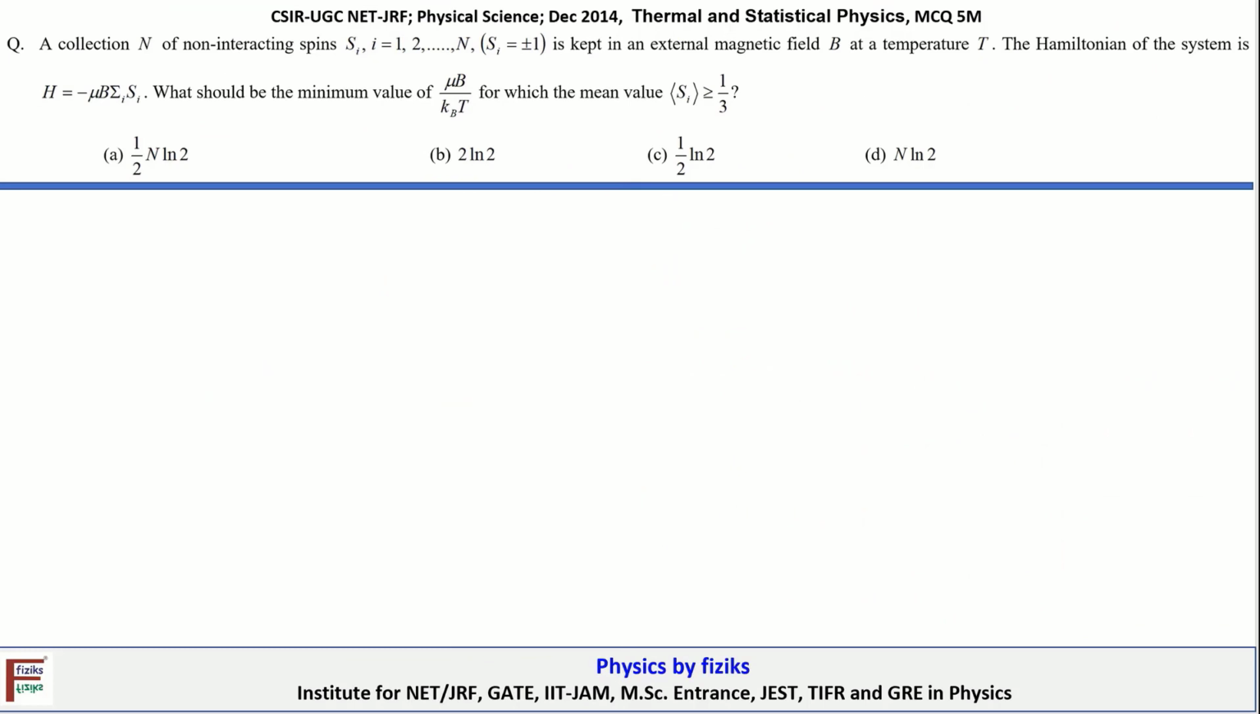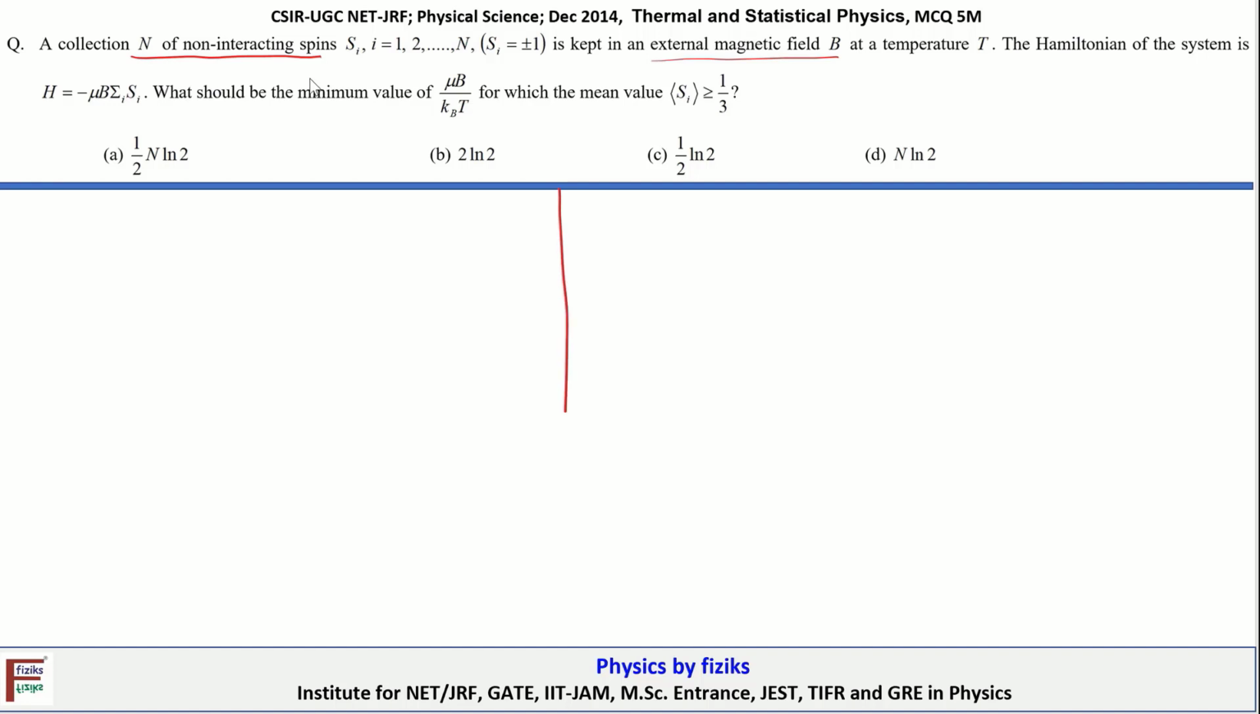So let's continue with the next problem. The statement is: a collection of N non-interacting spins S_i, where i can take values from 1 to N, and S_i can be equal to +1 or -1 depending upon whether the spin is aligned along the field direction or opposite to the field. It is kept in an external magnetic field B at a temperature T. The Hamiltonian of this system is given by H is equal to minus mu B